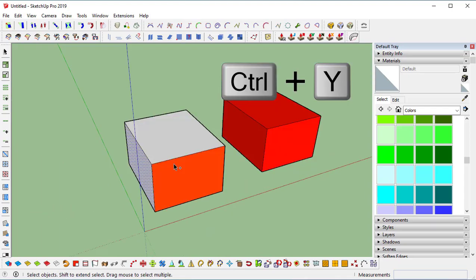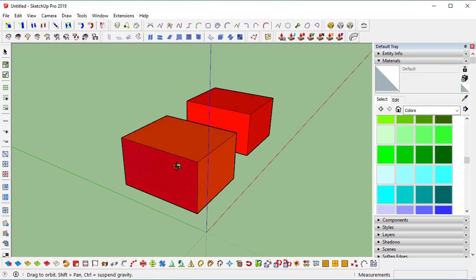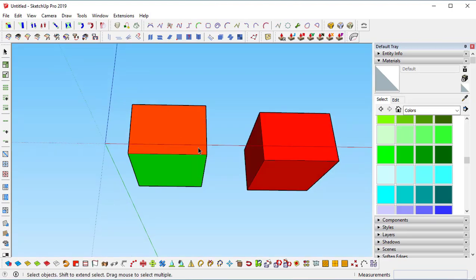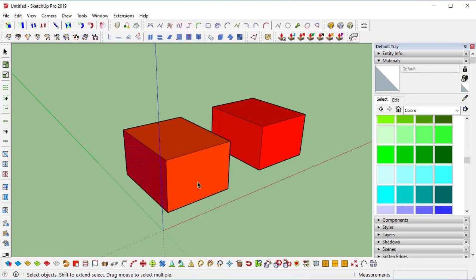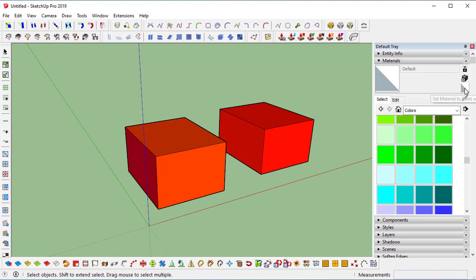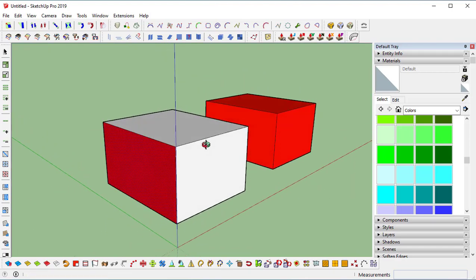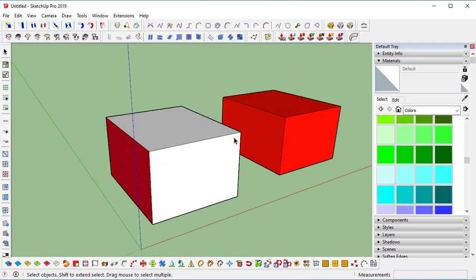Ctrl Y is redo. This is the last selection. See, if I want to undo, if I don't want this orange color, if I click undo, this green color also undoing. So if you made any mistake, you don't need to do always control undoing the mistakes. You can click here, you can click in the default material, and if you click here, automatically applied material will be removed and default material will be applied there. So this is one use of this option.